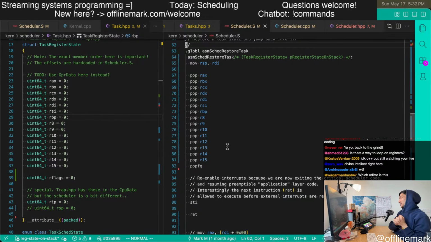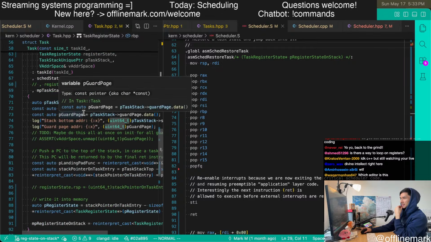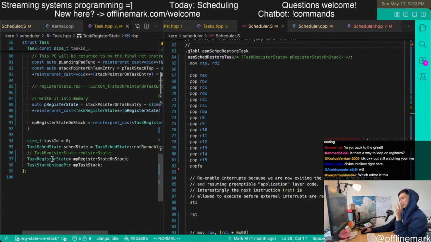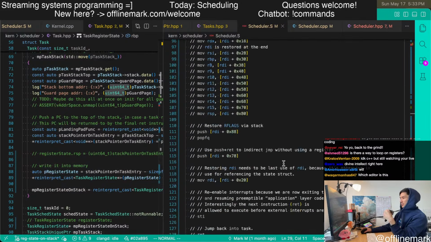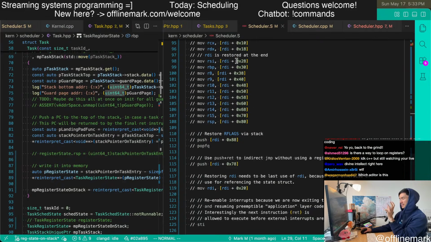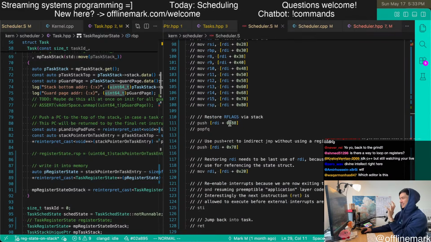I think the question is, is it worth it? There is a certain simplicity to just simply storing the state in the task that was kind of nice. We exchange it for a little bit of complexity here, but honestly, it's not the worst amount of complexity, and this code doesn't change very much.